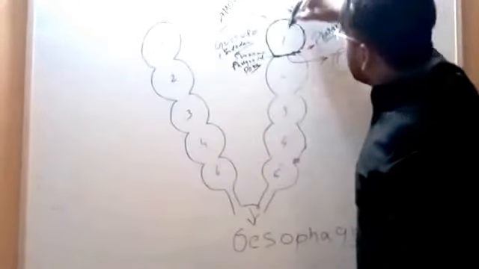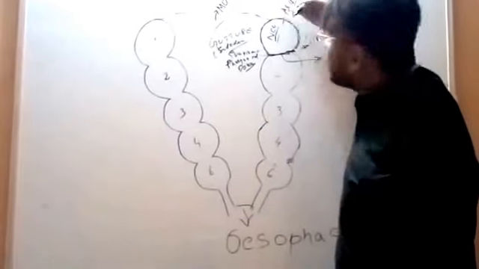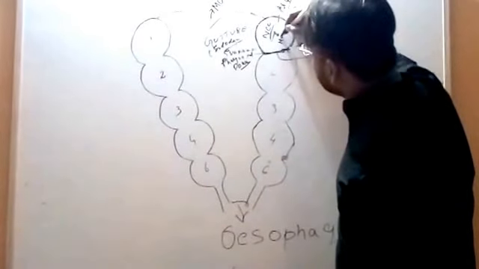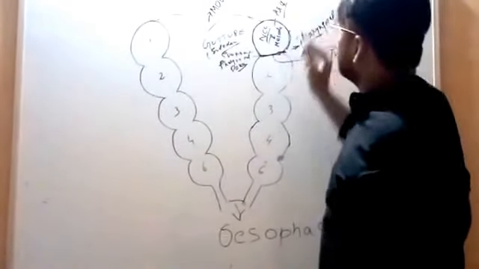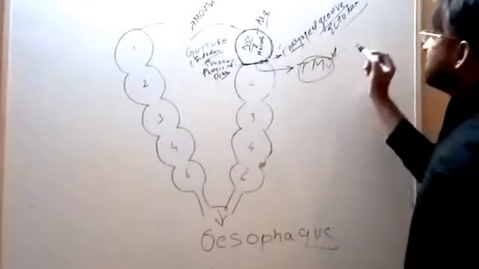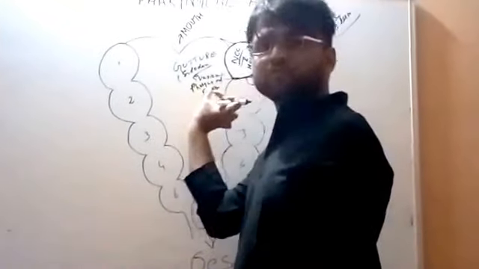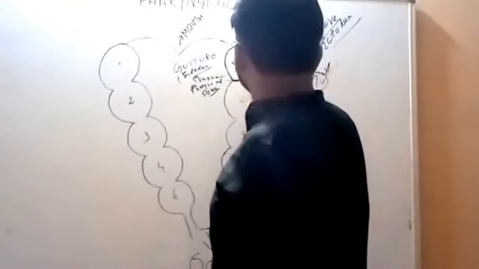This bulge inside comprises neural crest and mesoderm. So this tympanic membrane has all three germ layers,